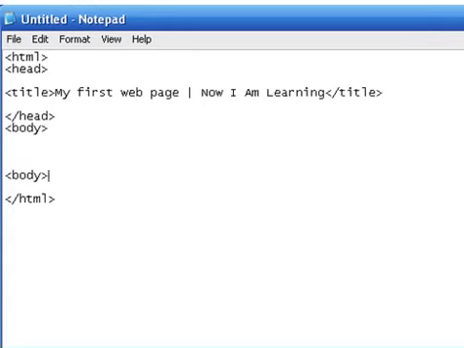I can't walk and talk at the same time. That's why I forgot the slash in here to close that out. See, I can't talk and type at the same time either. But I can chew gum and pat my head at the same time. Just an old talent. Okay, so in between here is where the basic body section of our web page is going to be. For example,